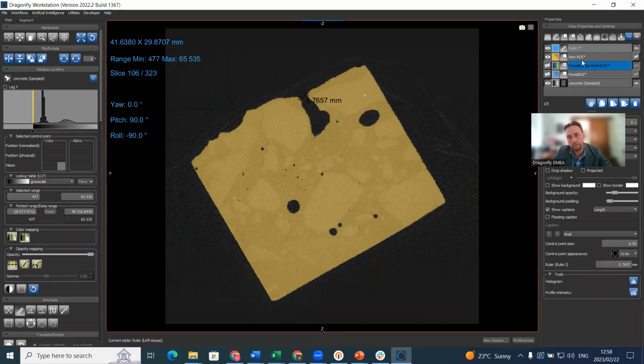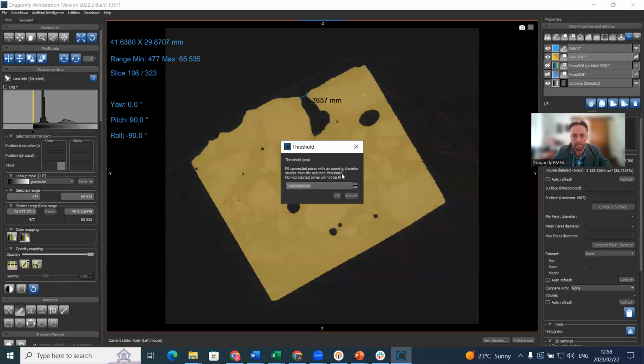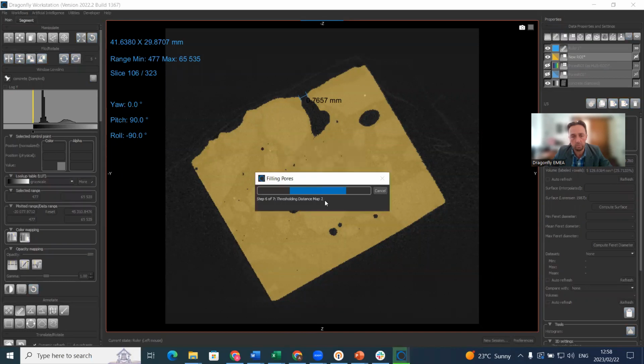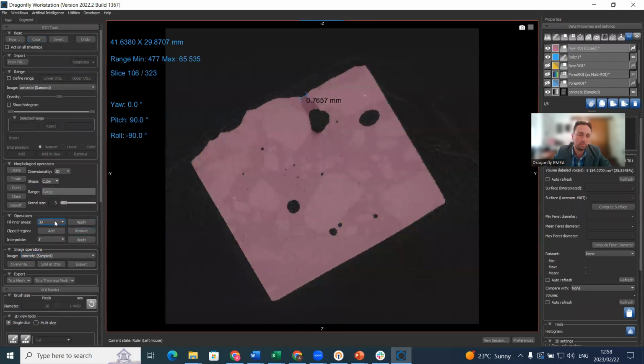So what we can do, on this region of interest, is go to refine, process island, refine, fill connected pores with diameter smaller than 0.7 millimeters. And be careful of point and comma. It takes the default of your Windows system. So if it does not work at this point, you should use comma. My system is for decimal point optimized. So the new region of interest now has that cavity closed, but then we still need to